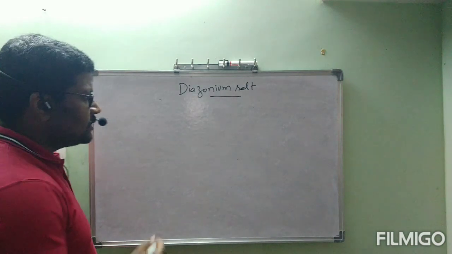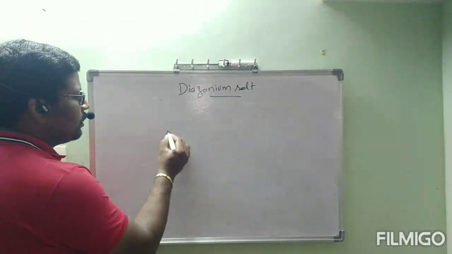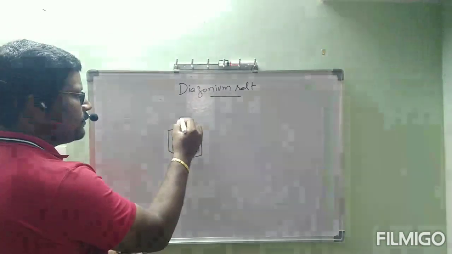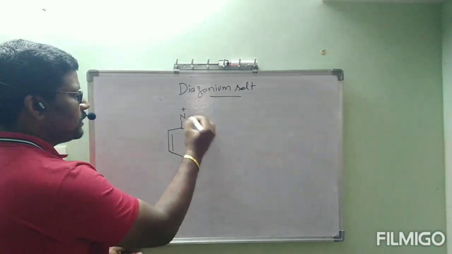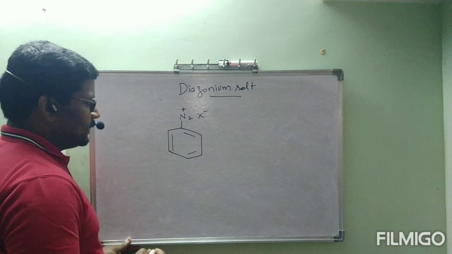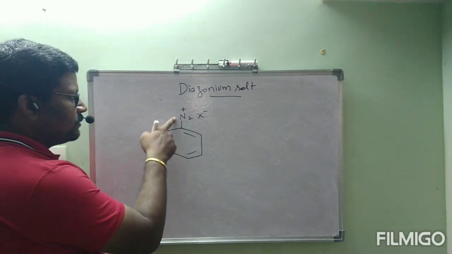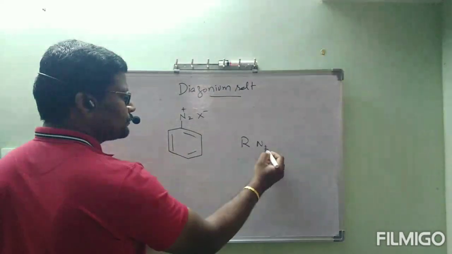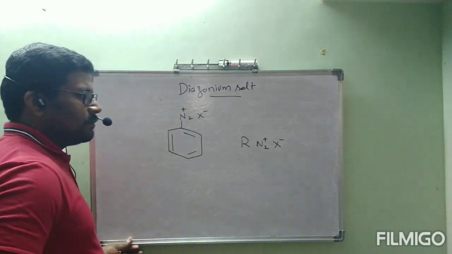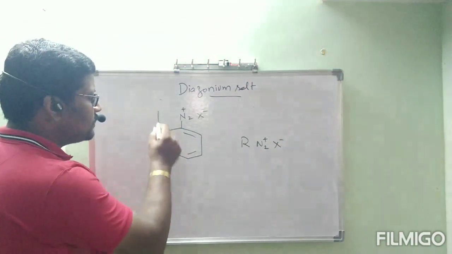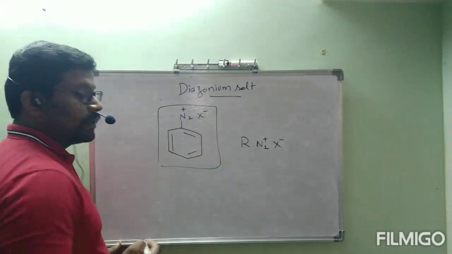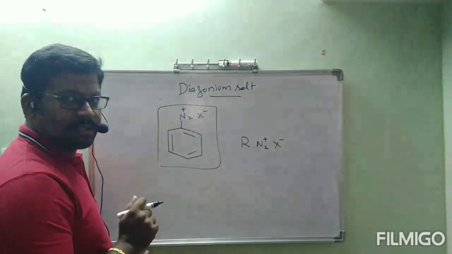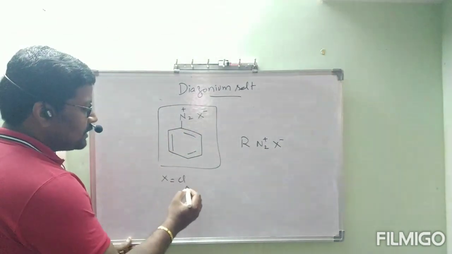The general formula of a diazonium salt is, actually this is benzene diazonium salt, C6H5 N2 plus X minus. This is also written as R N2 plus X minus, but our topic is mostly related to benzene diazonium salts only. Benzene diazonium salts commonly contain C6H5 N2 plus X minus, where X is equal to Cl,